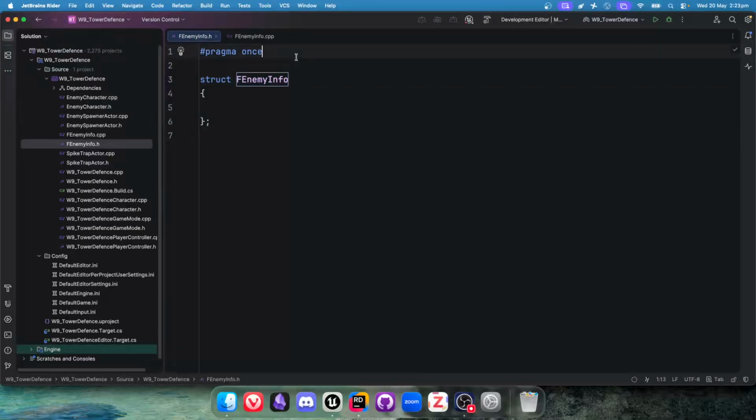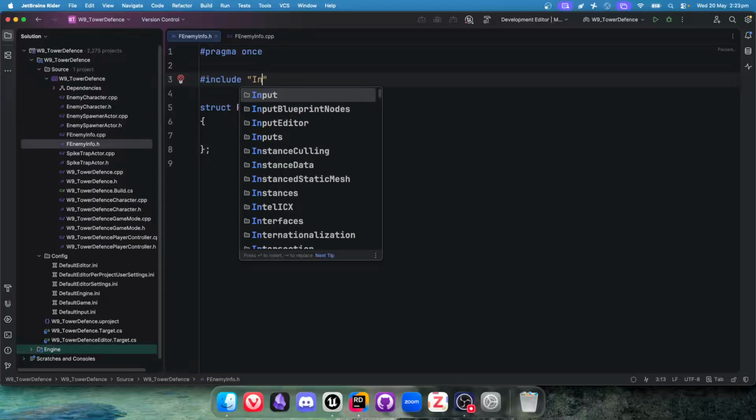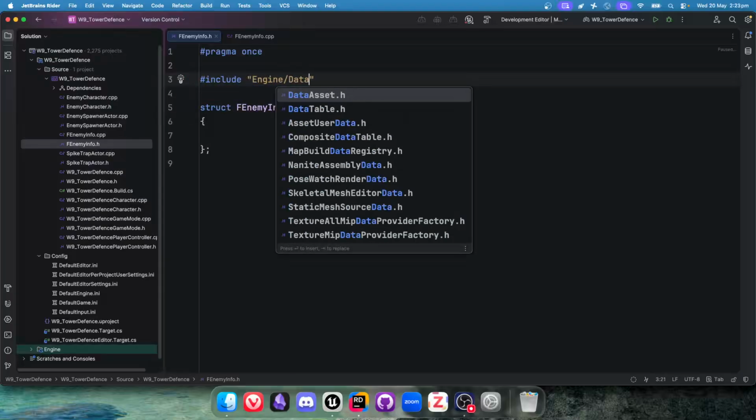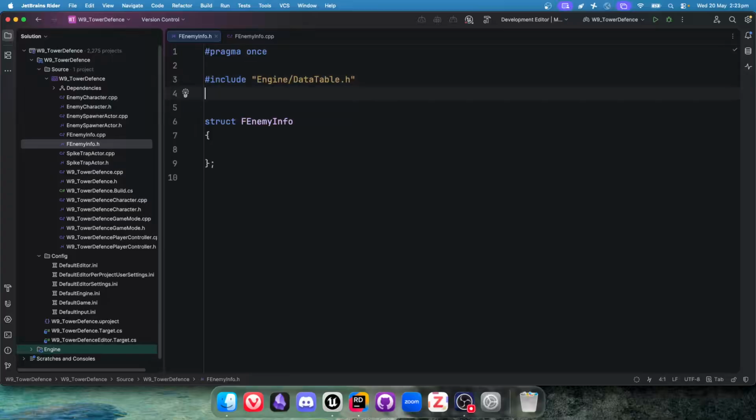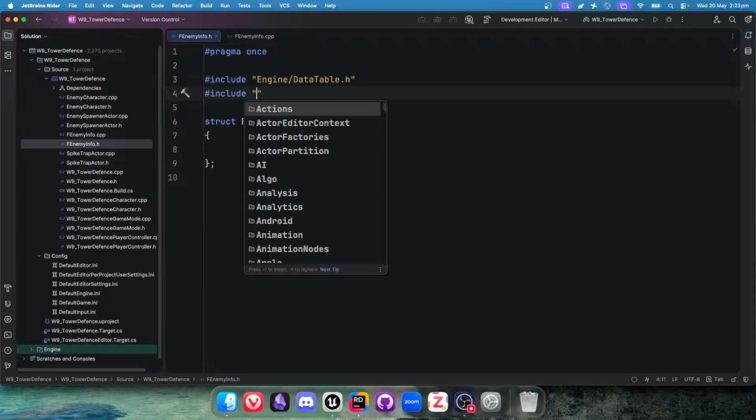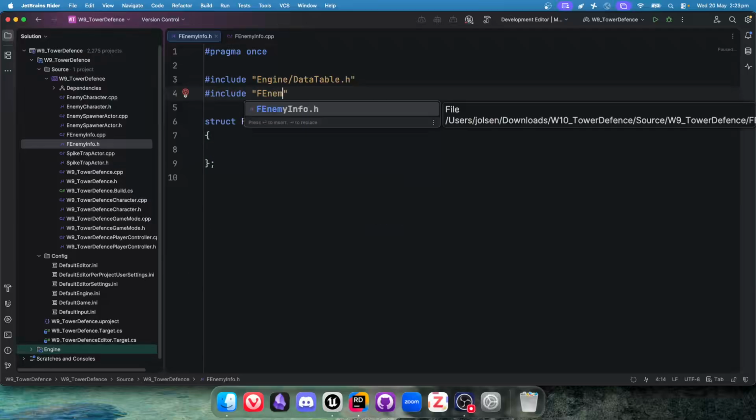So there's a couple different things that we're going to do here, and this is actually going to look a little bit weird because we're doing things that we've never done before, but we'll just highlight why. The first part is we're going to do an include for engine/data table. We're going to need this because we are going to inherit from a class inside of this header. The part that you haven't seen us do before is actually manually doing an include for F enemy